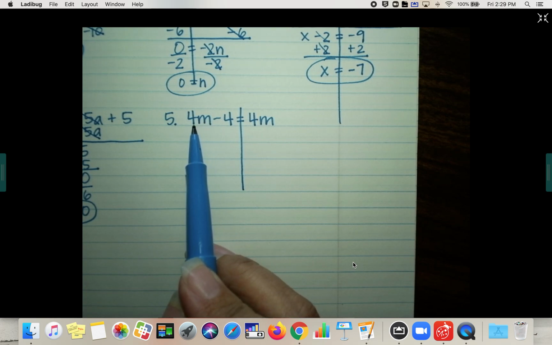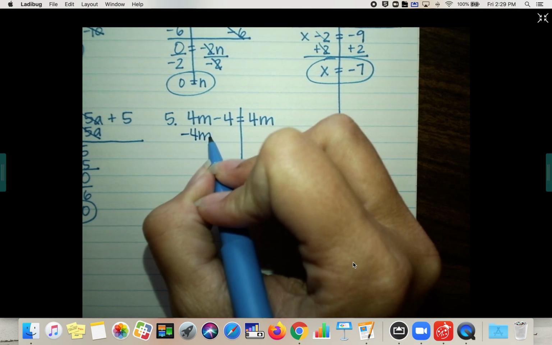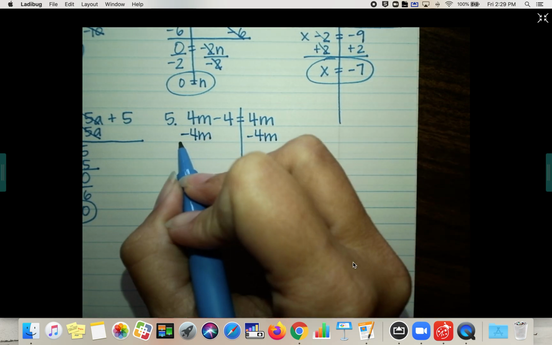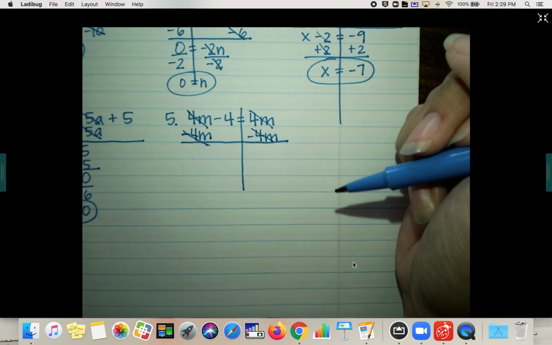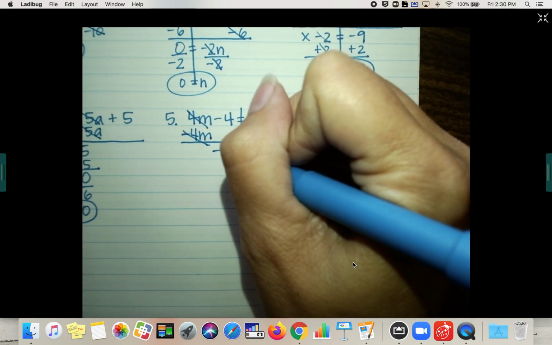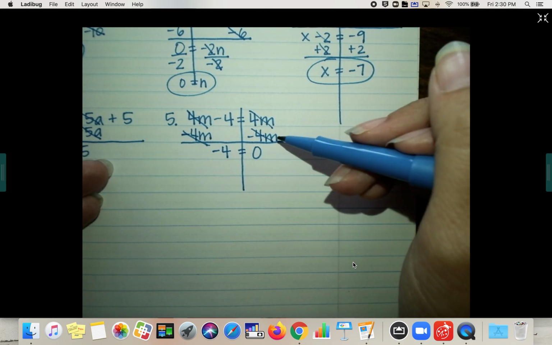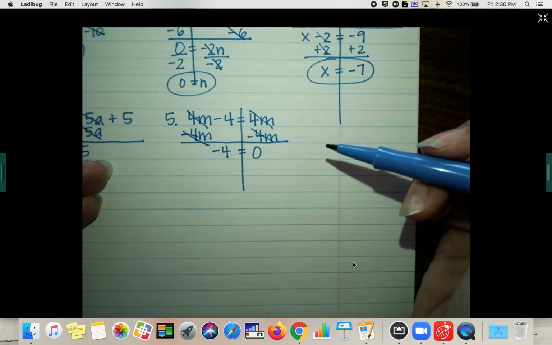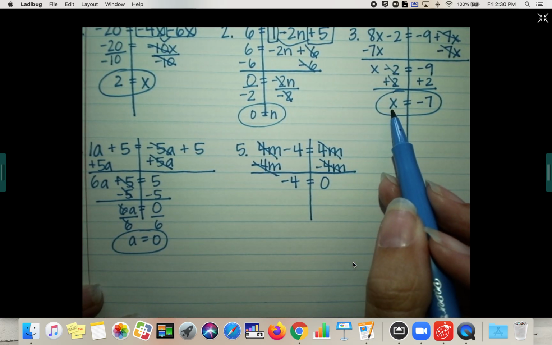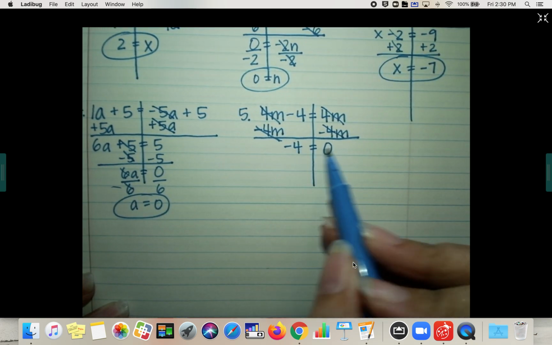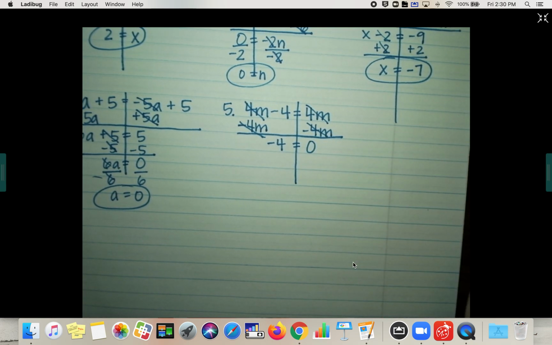And so we would get rid of a positive 4m. We would get it to go to 0 and cancel by subtracting 4m on both sides. They cancel here, and look, they actually are going to cancel here too. So you are left on the left with negative 4, and on the right we have 0. So let's look. What happened here? Our variable m completely disappeared. It dropped out. All these other answers have an x, have an n, have an x, have an a. This one no longer has a variable. They all dropped out. So we are left with a problem that we have to look at and decide if